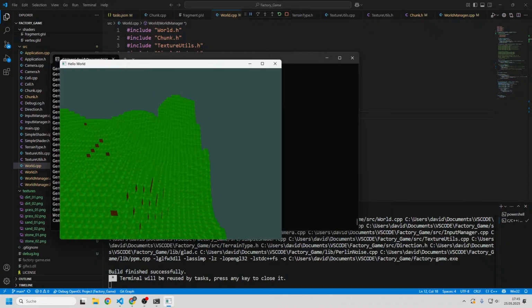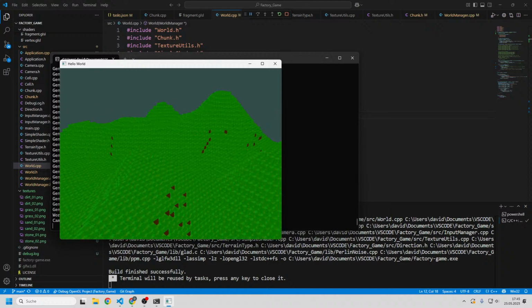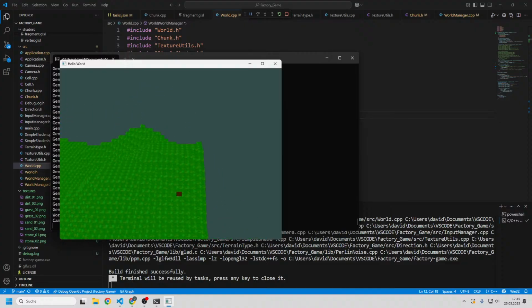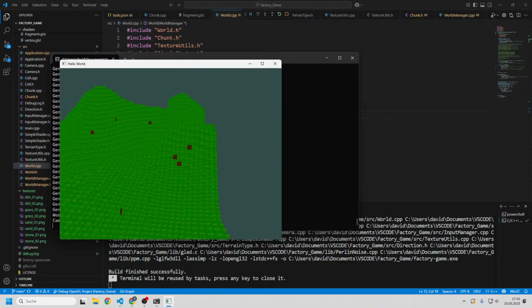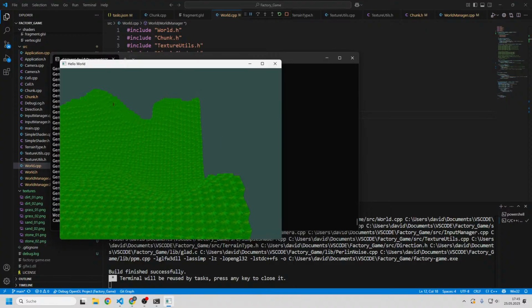Let's say we wanted to have a river or something like that. Then it would be nice if that river also is flowing from a high point to a low point. But that's not gonna be that soon, I think, because it's not really an important element for the gameplay